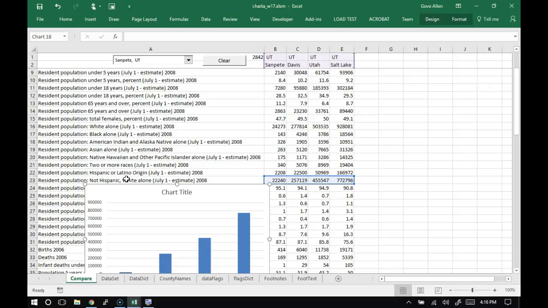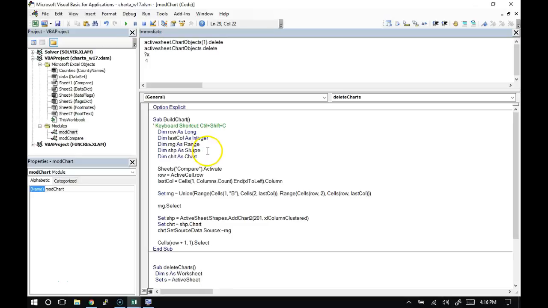Now, those of you who are on Excel 2010, you don't even have a title. The add chart method does not put a title on, add chart 2 does. You don't have add chart 2 as part of the language. So we're going to start off by saying, let's make sure there's a title on the chart, and then we're going to decide what that title is going to be. So after we've created the chart,